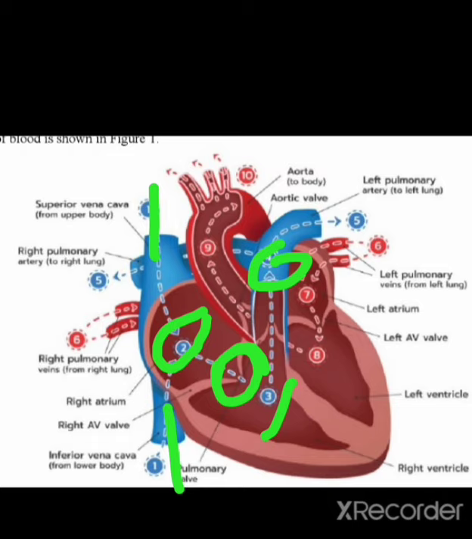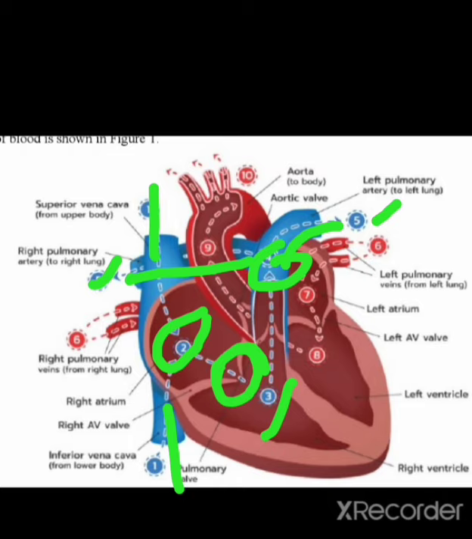This is the core point, because deoxygenated blood is pumped by the pulmonary artery, and pulmonary artery is the only artery which carries deoxygenated blood. The opening of pulmonary artery is guarded by the pulmonary valve, that is, backflow is prevented by pulmonary valve. Then next, after leaving the heart, pulmonary artery will divide into two, that is right and left pulmonary arteries. This is the fifth point showing left pulmonary artery, and here is right pulmonary artery.